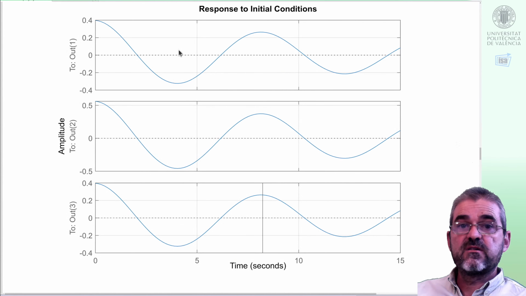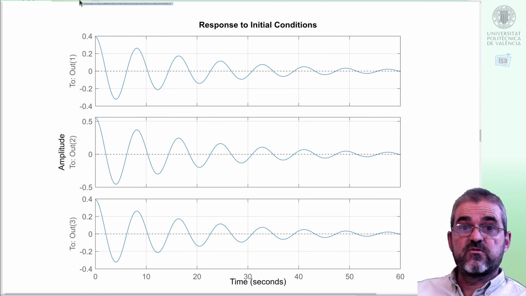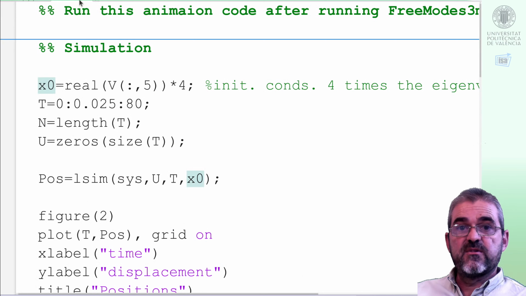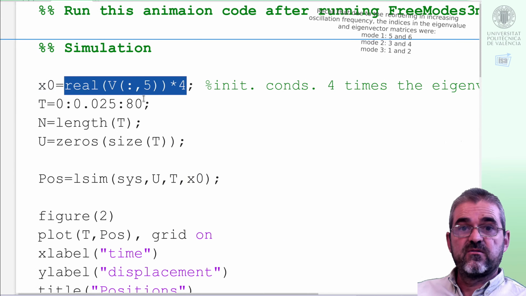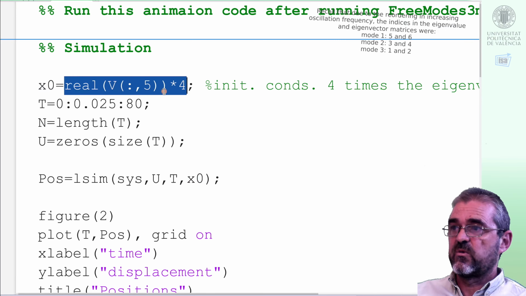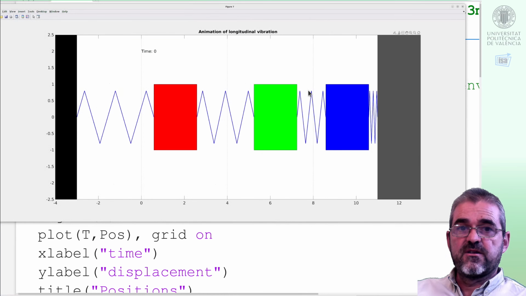We have a nicer way of understanding this, because in other videos we discussed animation code. I am not explaining that animation code here. You can just watch the related video or download and inspect the code. And here, if I set an initial condition in the direction of the eigenvector for mode 1, the fifth column of the matrix, and simulate 80 seconds, these are the initial conditions,